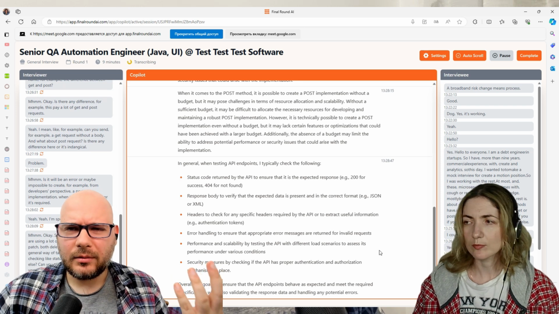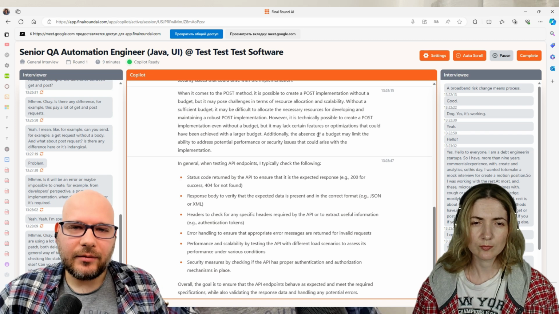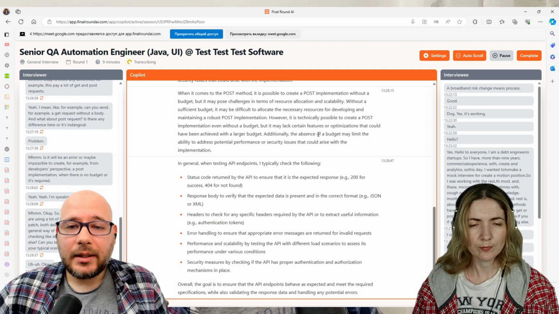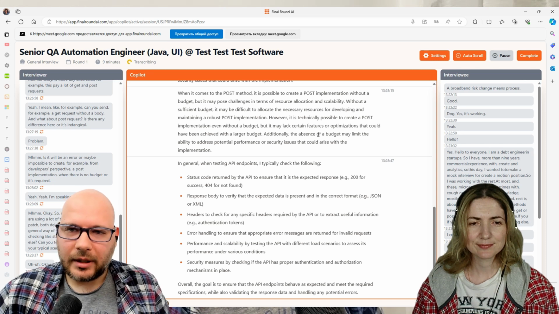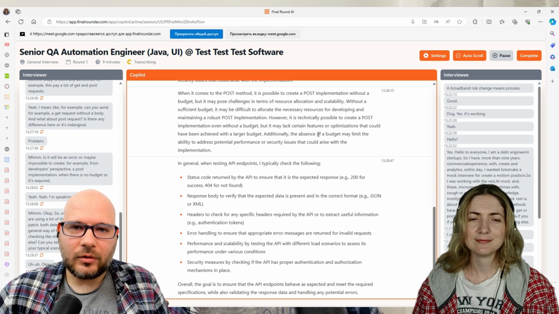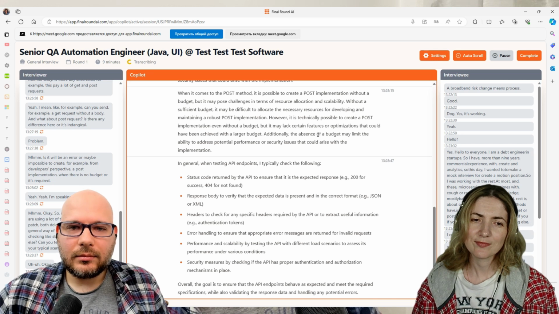For example, with a get or post and etc., you sometimes receive a body, and it could be, for example, a JSON file or maybe something else, and you need to check from functional side that it has, I don't know, a concrete contract, so the list of fields and values in that JSON is also the same as you are actually expecting. How to check that? Maybe in automation, maybe in Postman, and etc.